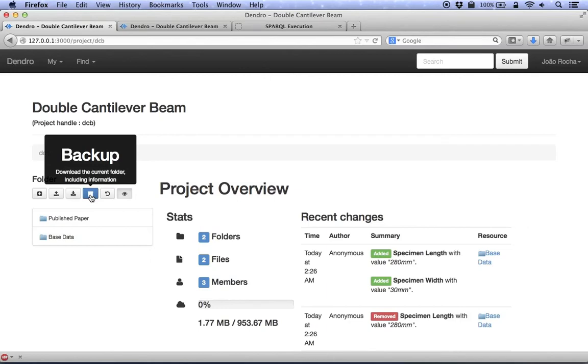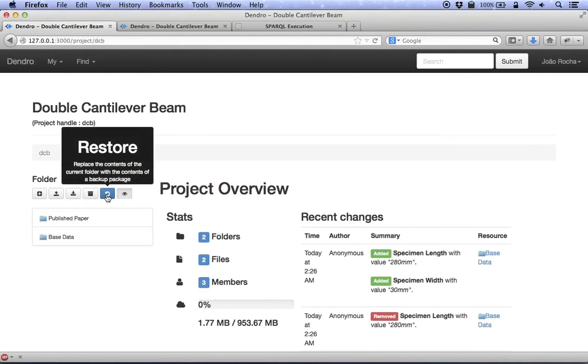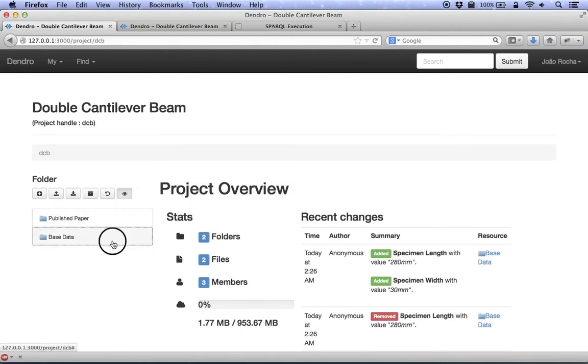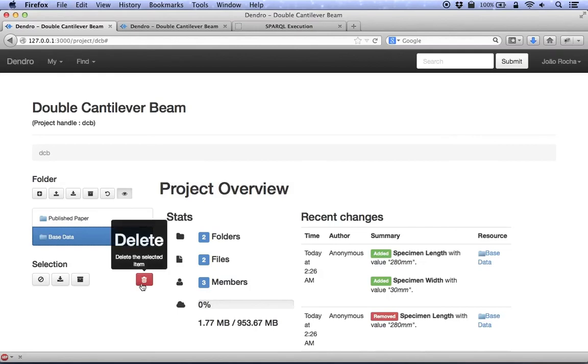It's the same as a download operation, but we'll place a metadata.json file at the root of the zip file that can be used to restore the contents. Like we edit metadata, we add files, we delete files. If we restore a backup package, the complete directory structure will be just as it was at the time of the last backup. Every change is reversible. For example, if I delete a folder,